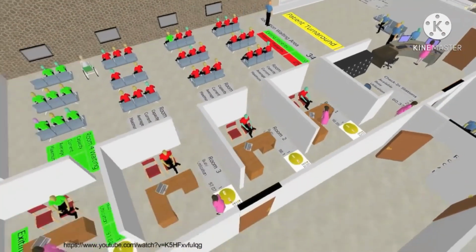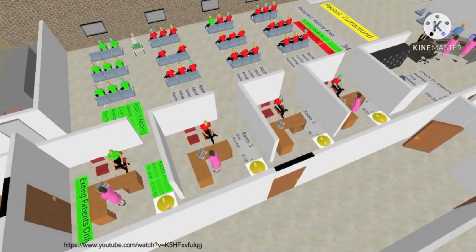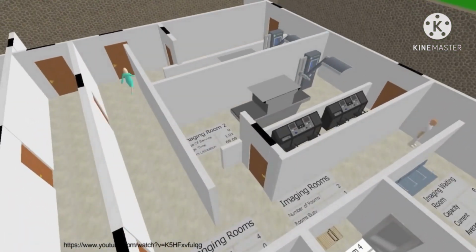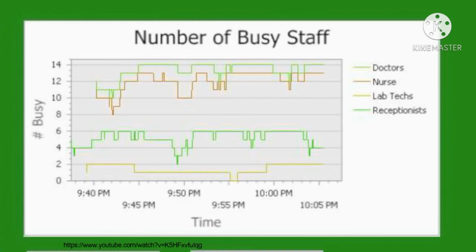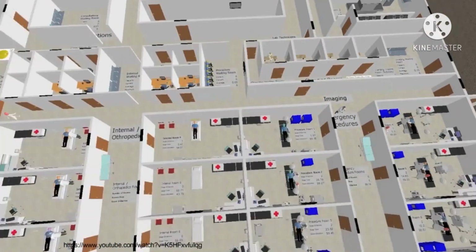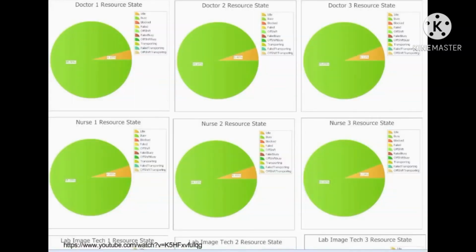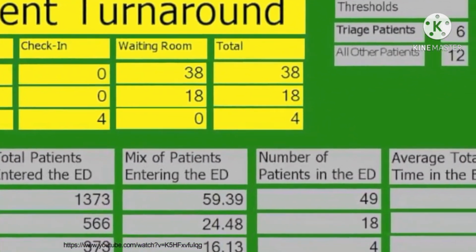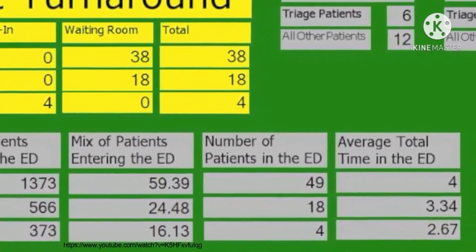This simulation model can be used for running the emergency department under various scenarios to answer questions like how many physicians, nurses, lab technicians, and administrative staff are needed? What is the optimal staff schedule? What is the quantity of medical equipment needed to support varying operating levels? What are the utilization of equipment and staff? What should be the expected throughput, length of stay, and time spent waiting in the emergency department?